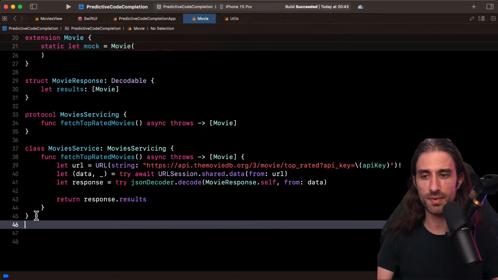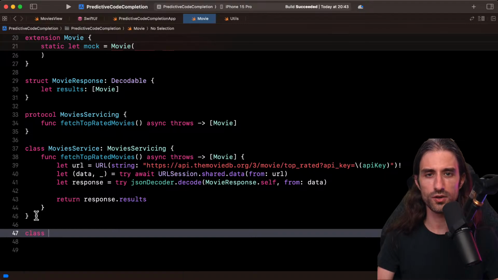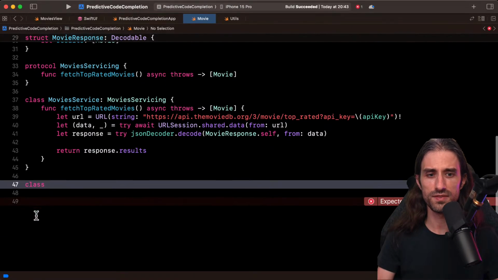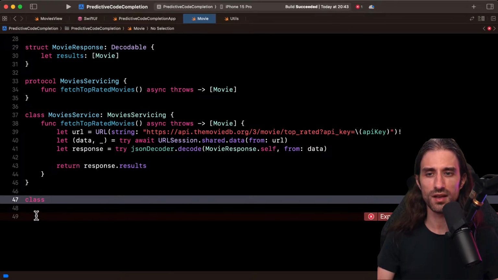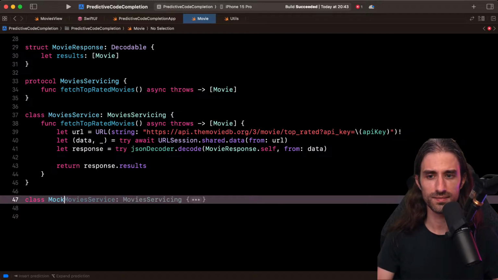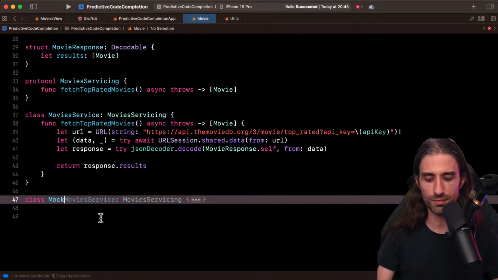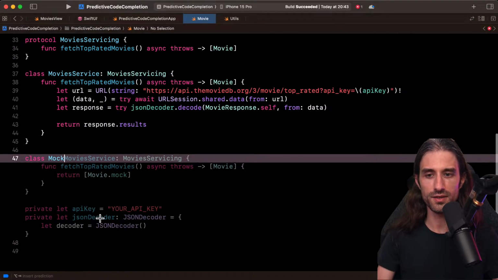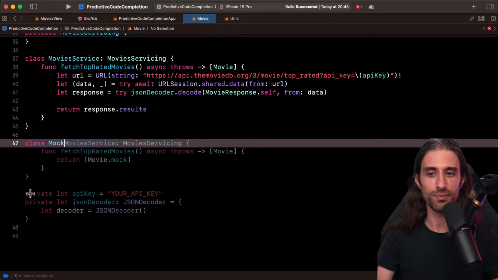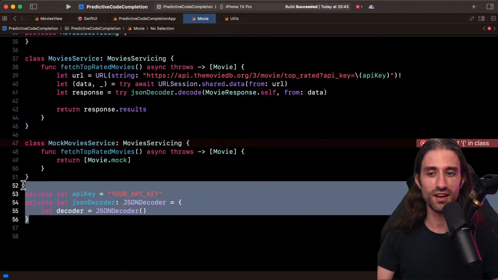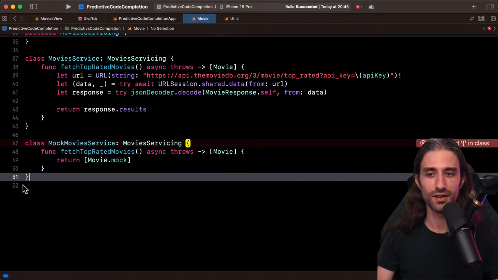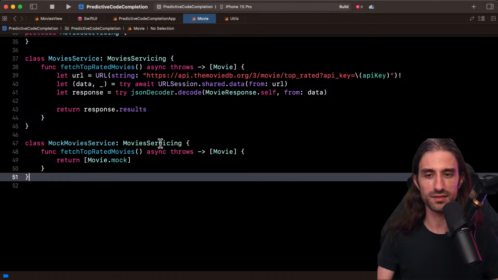And now let's try and implement the mocked version of it. So I'm gonna go again, just write class and see if it suggests implementing a mock movie servicing maybe. Gonna give it a hint. Oh, it seems like I was successful. So mock movies service, and you can see, here it's going a bit crazy, but the rest seems to be correct.